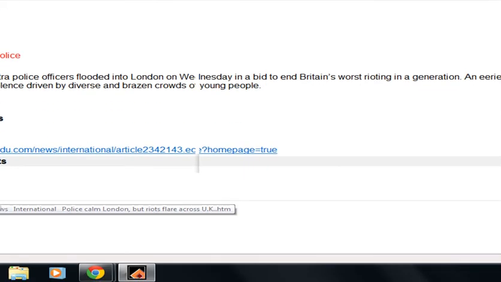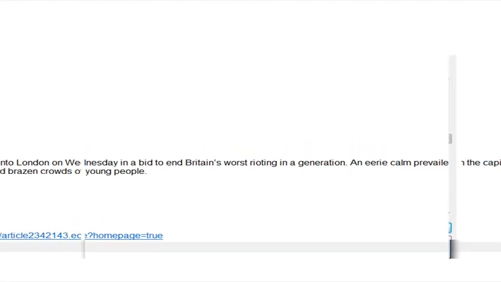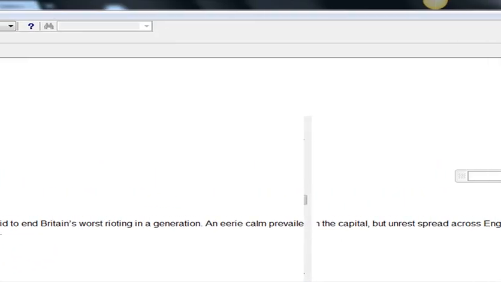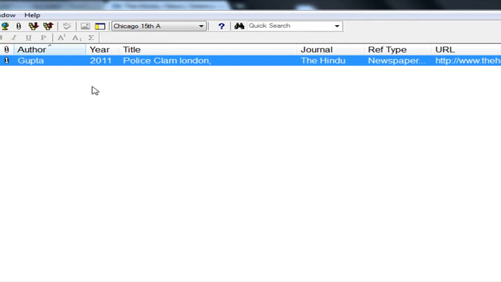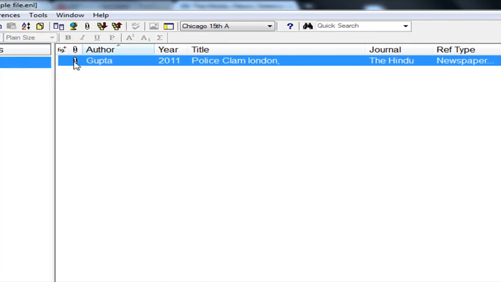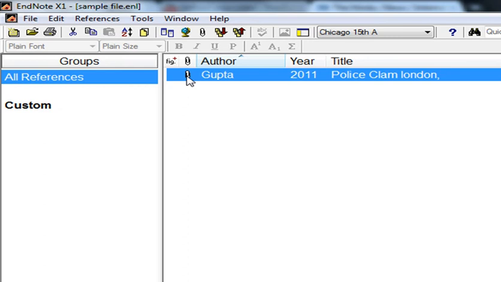Now this web page is secure with you in the EndNote references. Once you are done, then just close this window and this reference would be automatically saved.